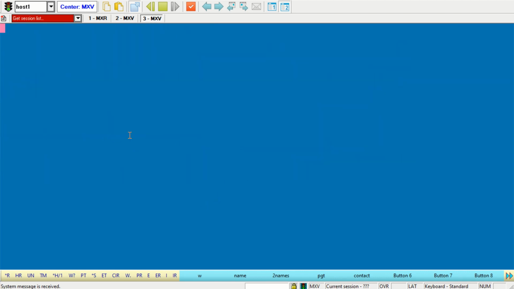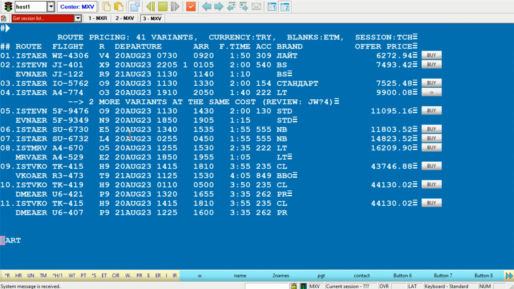If you want to return to the previous display, just use hash symbol entry and system return you to full list. From this display, you can